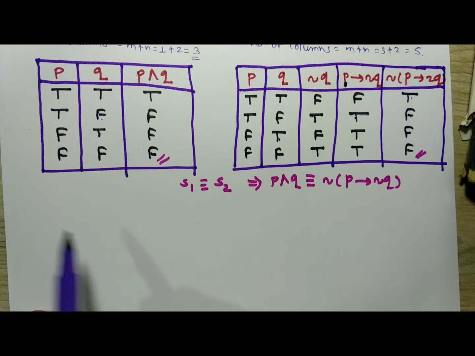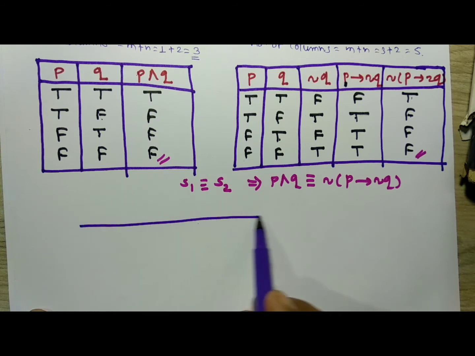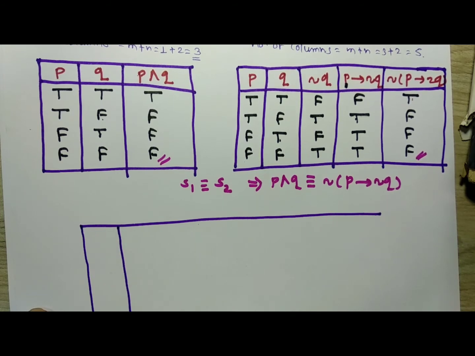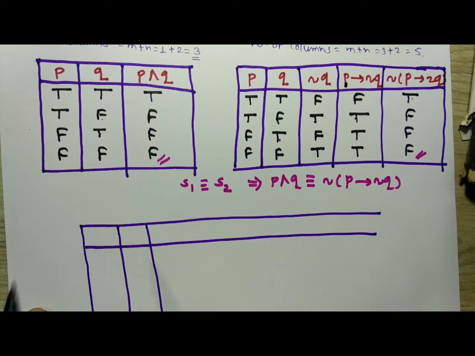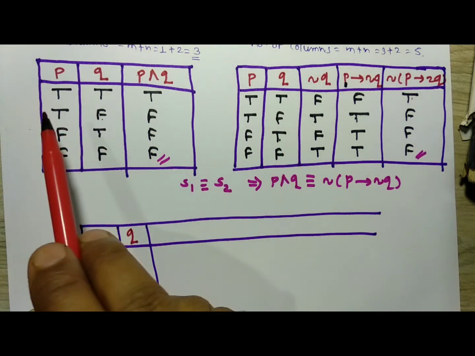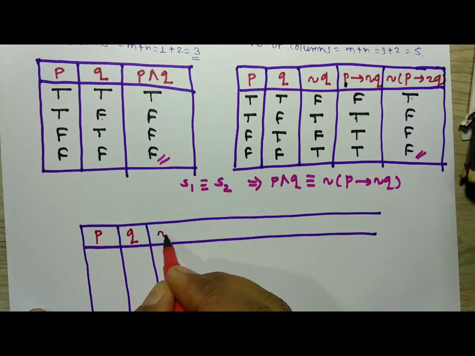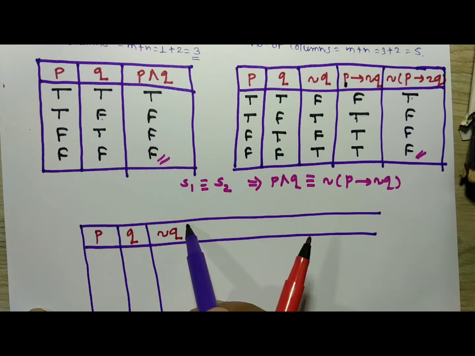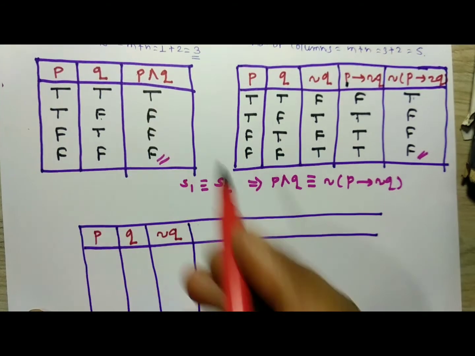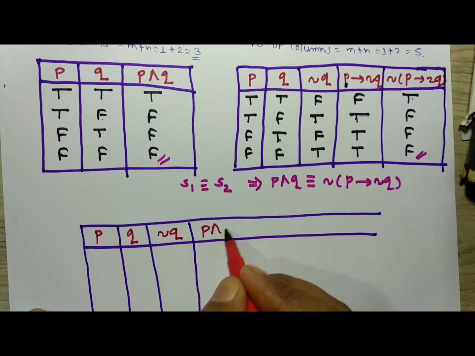First of all, this truth table for logical equivalence is given like that. We have to take into consideration two columns. That means the first column is P, the second column is Q. Then according to our consideration, if any statement has a negation, then negation of Q is here, and this is your third column. Then the combinations related to that: the first combination is nothing but P and Q.